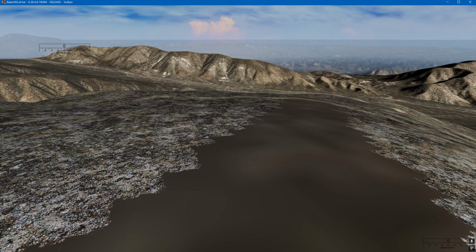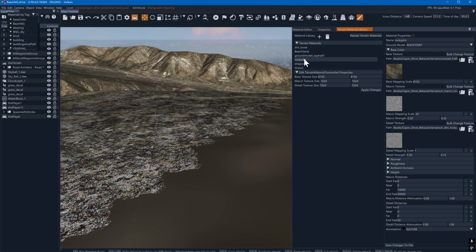Now see, he's got his base texture set to 8192 and macro and details at 1024. I've done that too before. I just don't have the patience to wait on 8192 to load. It takes forever for everything to happen with that. Maybe people with faster memory don't have that issue, but man, it was slow. So let me find one that's got an issue, and that way we can kind of dissect it. I may have to reload the original, but